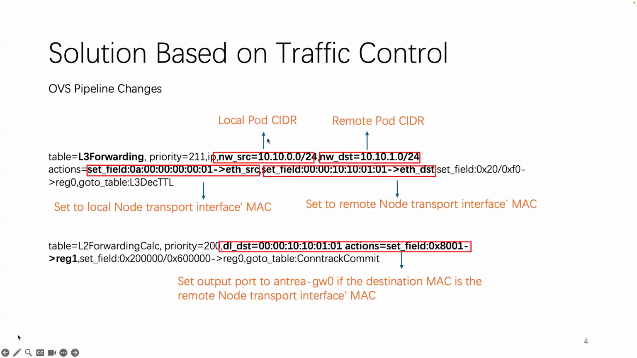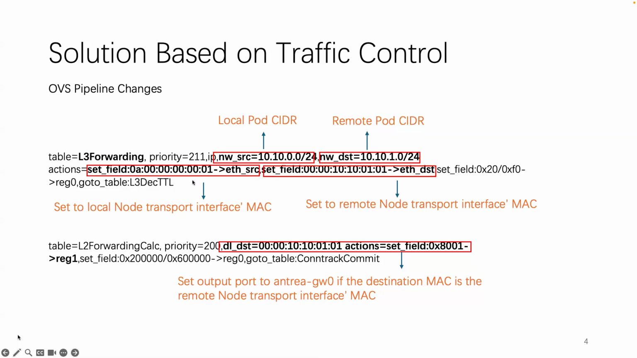Okay. The next is the solution based on traffic control. We need to add an extra flow in layer 3 forwarding, and each source is the port slider. This dash is a remote port slider, and we need to rewrite the MAC address, the source address, set the